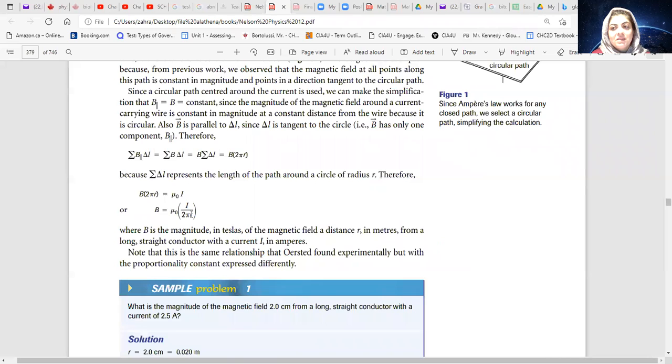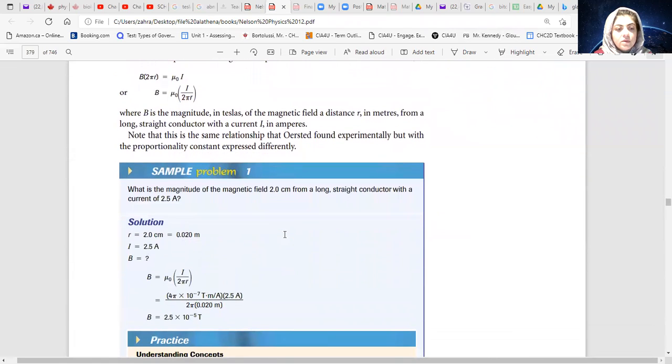r is a distance. At a distance around the wire, there will be loops, right? The further you go, the weaker the magnetic field. Mu 0 is the permeability of space. So here is the question: what is the magnitude of the magnetic field